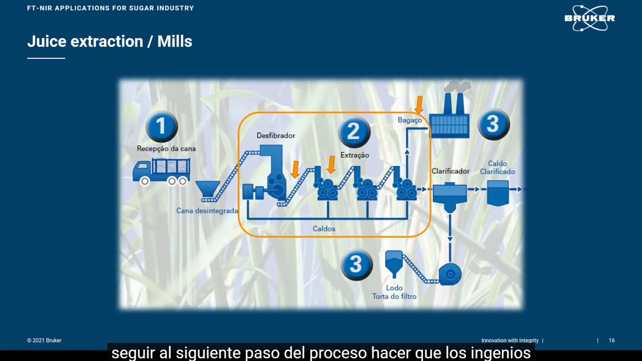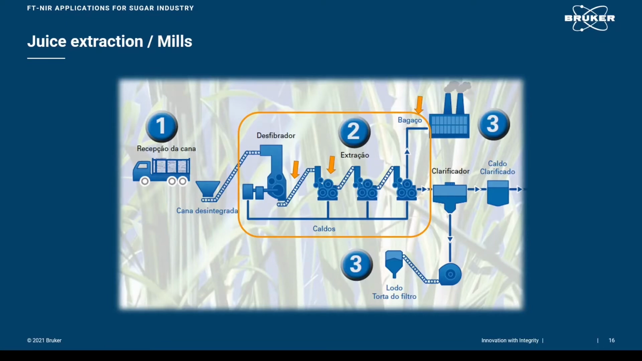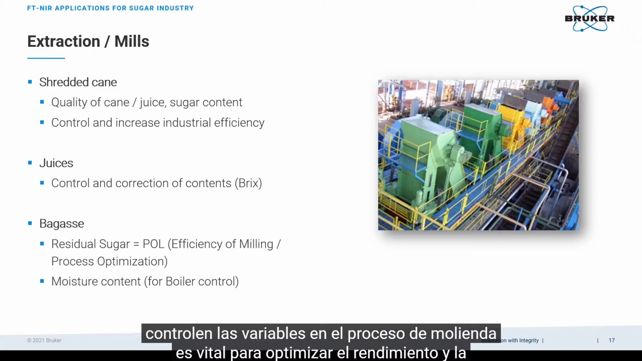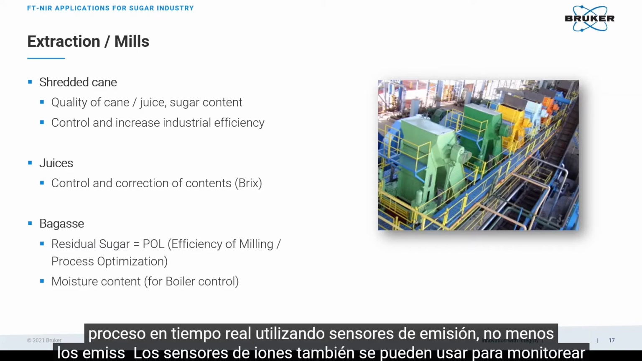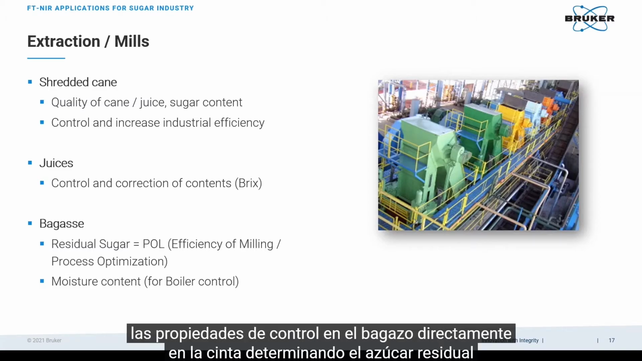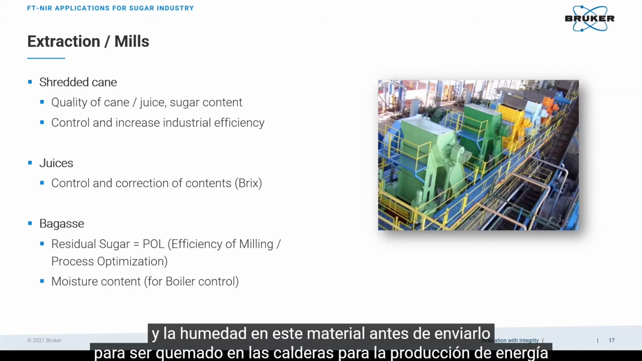Following to the next process step, we have the mills. Controlling the variables at the milling process is vital to optimizing extraction yield and efficiency. As with the receipt of sugarcane, the shredded cane can be analyzed directly in the real-time process using emission sensors. Not least, the emission sensors can also be used to monitor the control properties of the bagasse directly at the belt, determining the residual sugar and moisture in this material before it is sent to be burned at the boilers